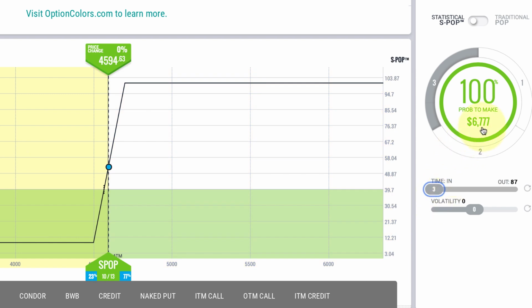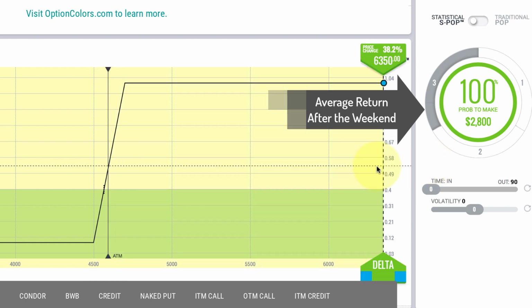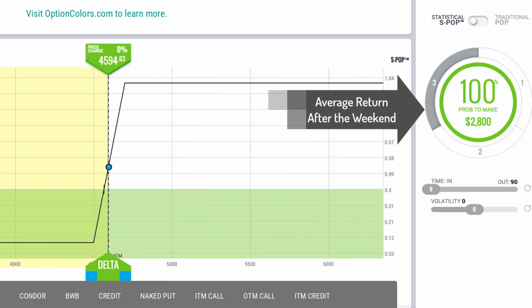So in this case, when I move it past the weekend, that's why it's on 3 to Monday, then we're looking at an average return of 6,700, where currently the trade's at 2,800. So you can see an example here of a trade that could benefit, not always, but could benefit by staying in the trade longer. Let's go back to the condor,